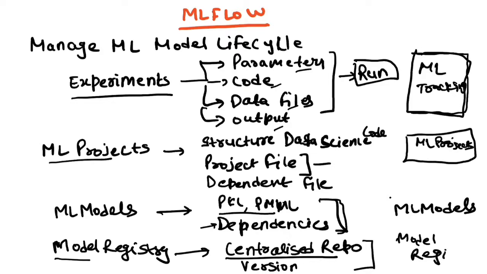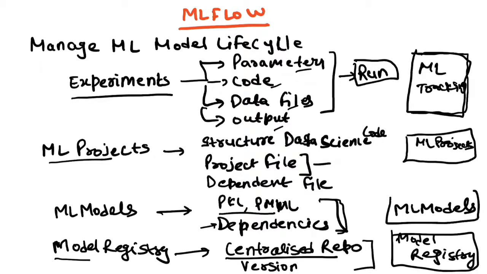So these are the four components which are offered by the MLflow library, and these help you to manage your machine learning life cycle. If I just give you a recap, ML tracking is more on the development or the training side, where you can track your model experiments, run different parameters, code, data files, output, and tag them to that experiment. You can compare those experiments against each other and choose the best one just by looking at those parameters and output on the ML tracking UI.